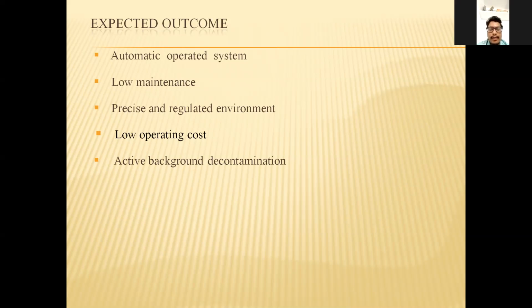The carbon dioxide incubator provides a precise and regulated environment for tissue culture and protects against ambient temperature fluctuation. It is designed to actively prevent contamination during cell culture and to provide active background decontamination, such as isolated UV lamps, and air and water in the humidified pan, without harming the cells. Next.